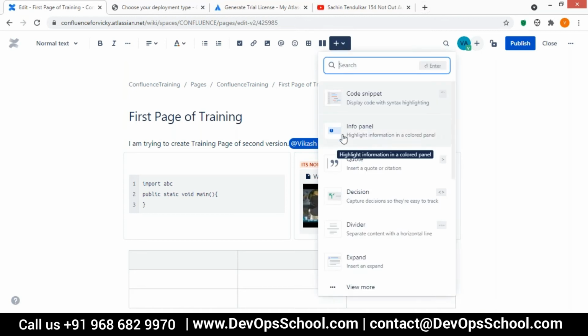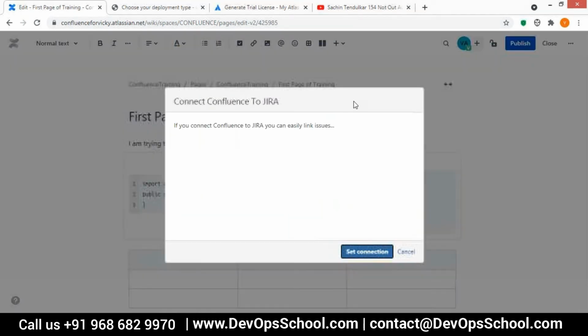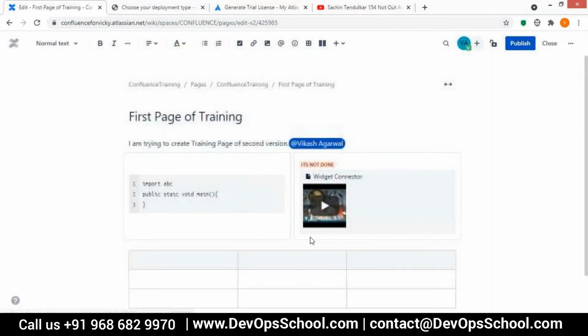So I can just go here. You don't have to mention the entire URL. You just have to come here and use the Jira plugin, for example. And if the connection is already set, you just mention the Jira ID and it will be available in your page, the Confluence page itself. Now, when you click on that Jira, you'll navigate back to your Jira. It's like accessibility. Whatever you are doing in Jira can be integrated with your Confluence.